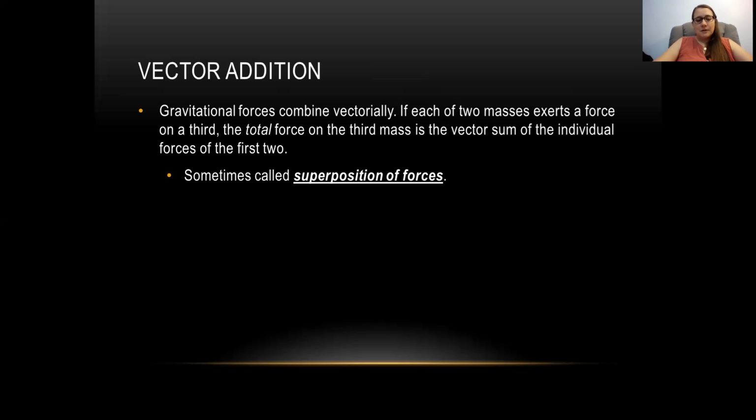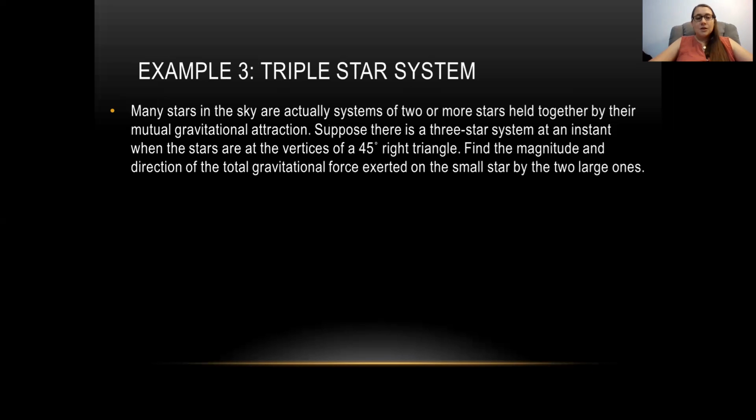My dissertation research is on binary stars and how multiple stars interact with each other as they orbit around each other. So when we're dealing with these multiple star systems, this kind of vector addition, this superposition of forces, is really important to consider. So here's an example of a triple star system where we have three stars orbiting around each other